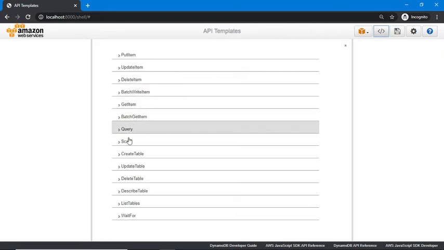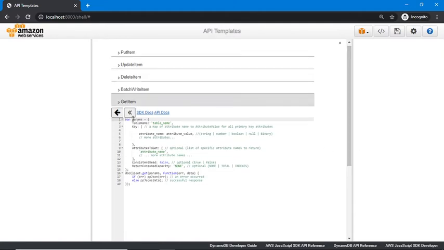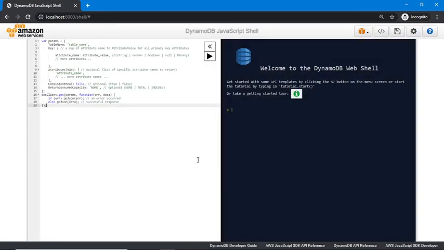Suppose I want to get an item. I can find the code here. This is the code to get an item. In this params object, I can define the table name, keys and attributes to get, and this doc_client.get query, and I can pass this object and get the result. By clicking on this arrow button, I can get the template code on my screen.